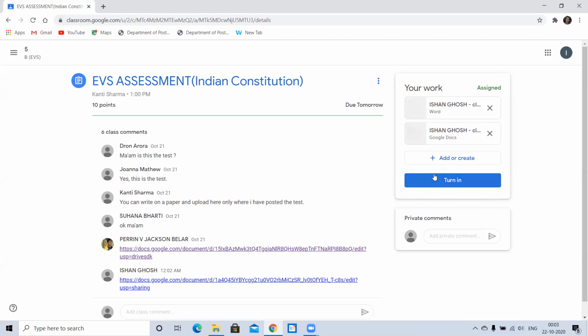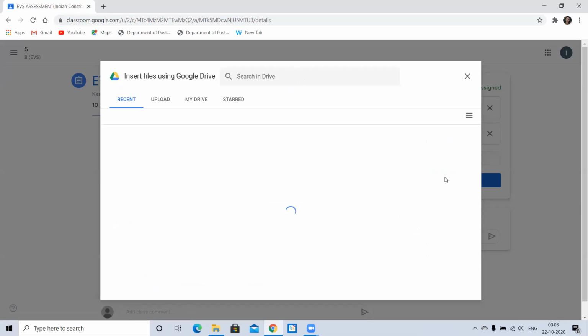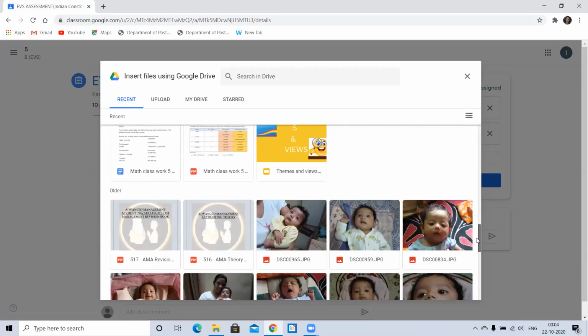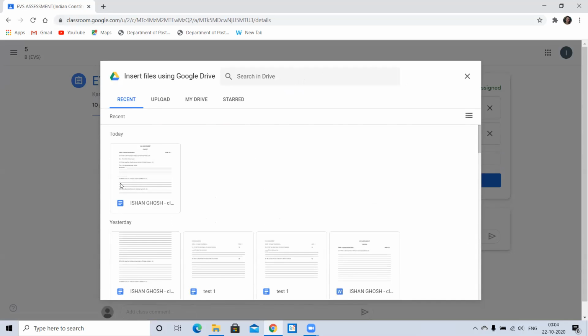Another thing is that you can also click on this and pick up the document from the drive. So I go to the drive and it directly takes you to the recent things you have done. The very first document is your recent. Otherwise, it shows you all other documents which you have been using in your drive.